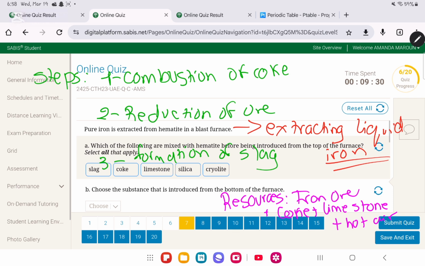Okay, the formation of slag, very simply, its chemical equation is CaO solid plus SiO2 solid is going to give us CaSiO3 liquid. And keep in mind that the major impurity in all of these, it is carbon. Okay, this is just a summary of the blast furnace.